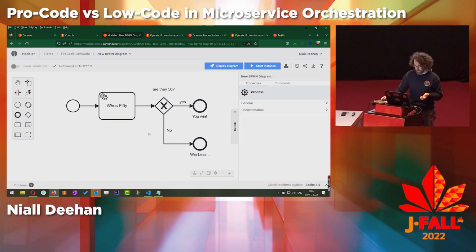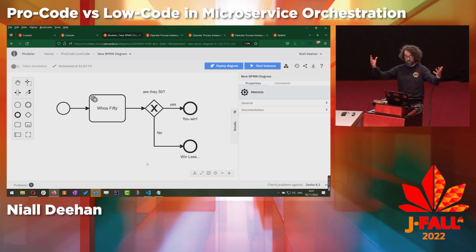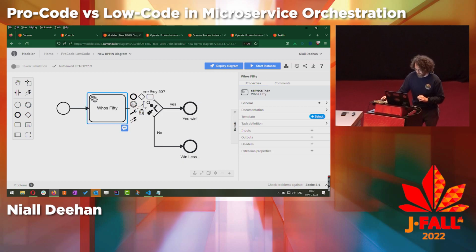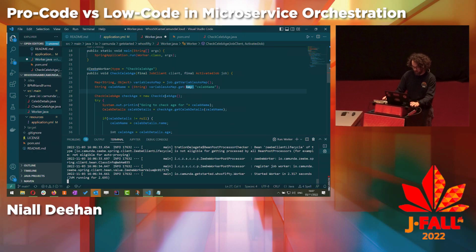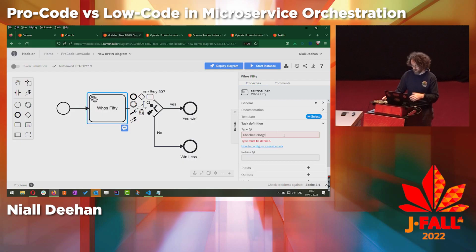Now this is the pro code example, and as such, I need to know a lot about the service that I'm trying to orchestrate, okay? I'm expected in a pro code example to be able to access the source code, or at the very least, a lot of information about my service, because it's quite unique. So let's grab this thing here, and let's add this thing here. This is the most important part. This is the type I talked about. So that's this thing right here. This is the correlation between running